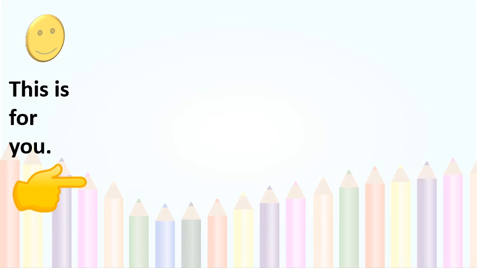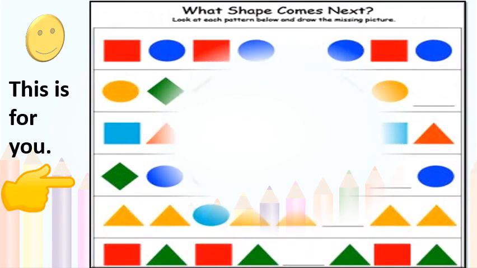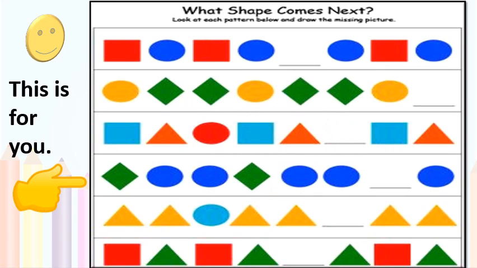Students, this is for you. I have done so much. Now this is for you. You have to fill in the blank. You know how to do it, right? Go on. This is repeating. What is this? These figures are repeated again and again. You have to find out the pattern. Is that AB, AB, or is that AAB, or is that ABB, whatever. Okay? And you will enjoy this.